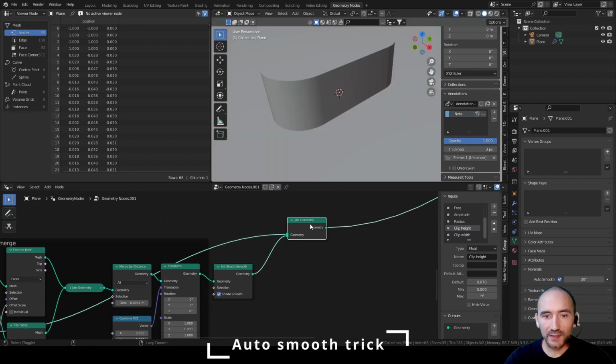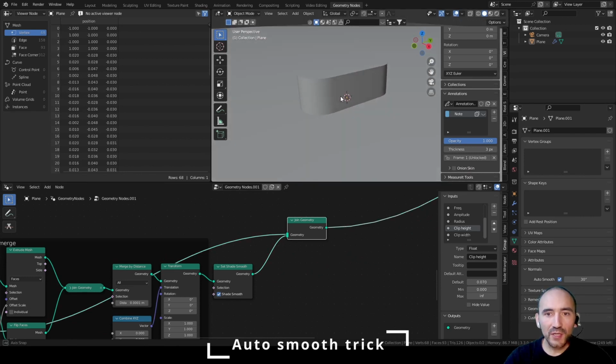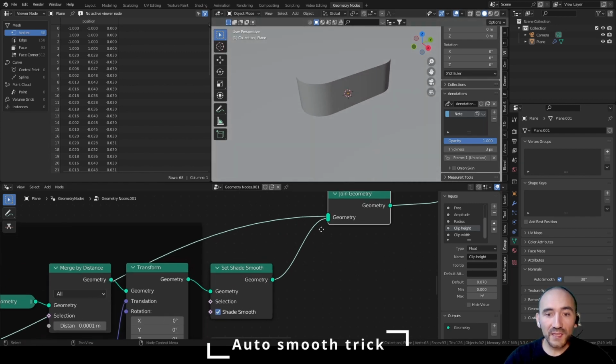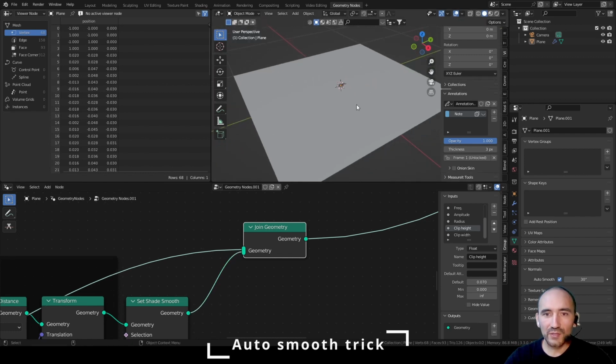So Shift, Alt and click, you can see the original plane and our object with a correct auto smooth of 30 degrees. If I invert this order, so I drag this line before the original geometry, you do not have the correct effect, because the auto smooth is applied from the original to all the next geometry added to it. So we need to link these in the correct order, but this is a bad result because we have the